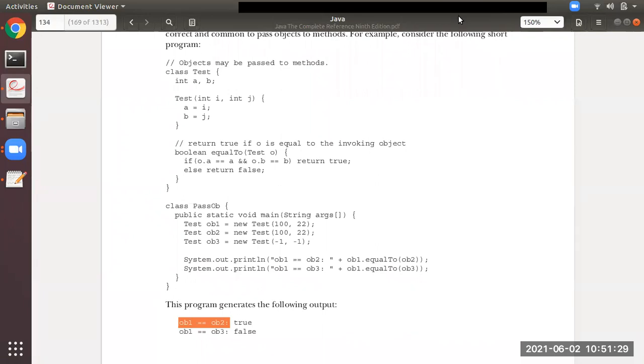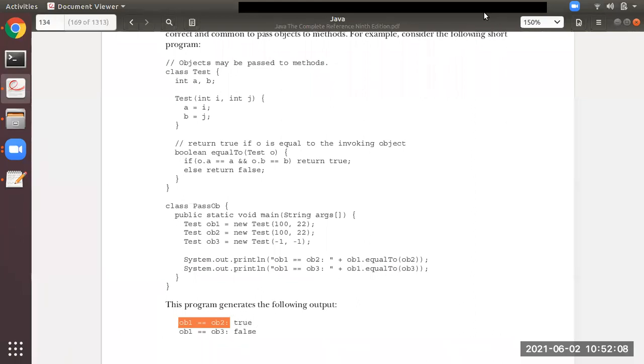If the condition is true, it will come to the return part, and return will return the true value over here. So from here, true will be passed to this place. It will pass the value true over here. That is why, because of this, you can see the value as true over here.